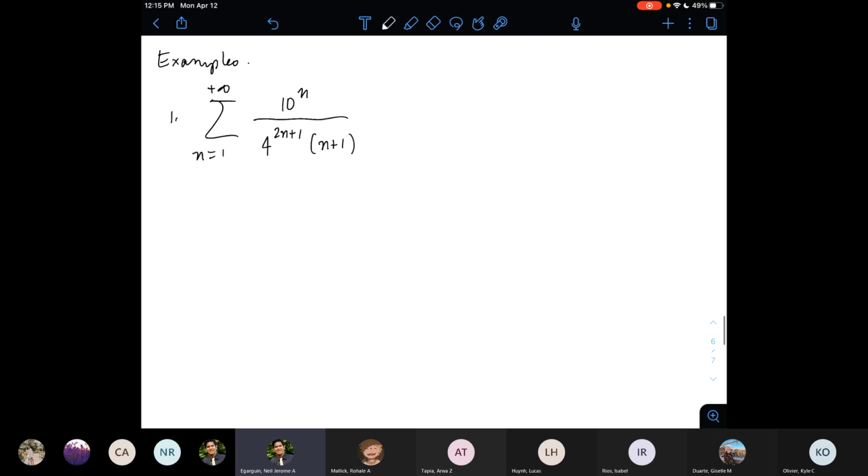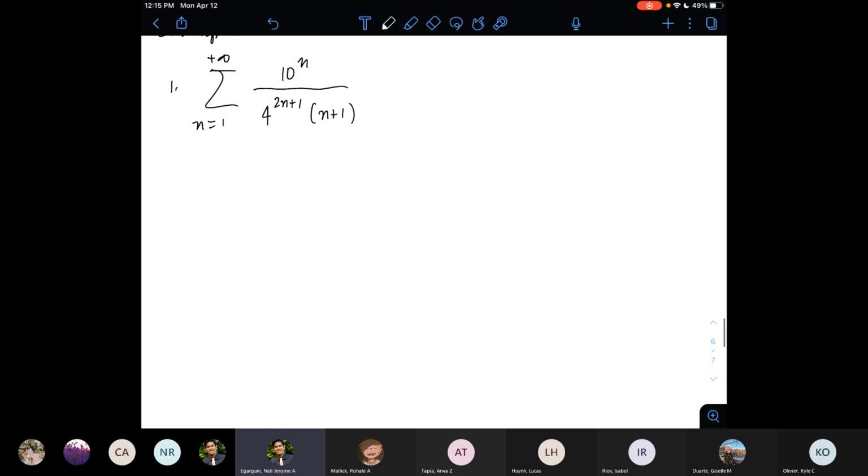So let's try this first example here. I guess you can use the ratio and the root test with the same level of difficulty. Actually we can use both just to show you how these two things apply. So first solution, I can use the ratio test. For the ratio test, I'll take the limit of a sub n plus 1 all over a sub n